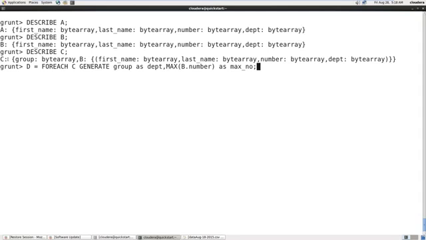So what I did is I'm taking every record from C, in fact read each tuple, group